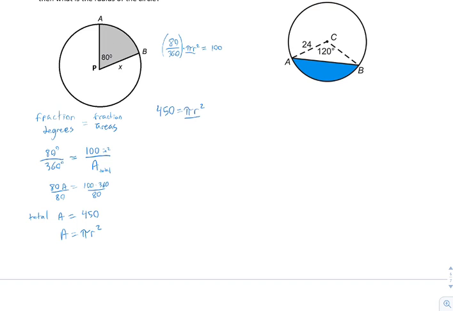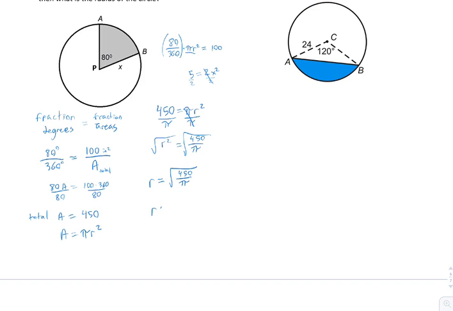So I'm going to first, and this is really just analogous, this is like saying 5 equals 2x squared. Pi is just a number. So I'm going to divide by that 2 first, and then I'll square root it. So let's divide by pi on both sides. We get that r squared is equal to 450 divided by pi. And then the radius when we square root is just equal to the square root of 450 divided by pi,